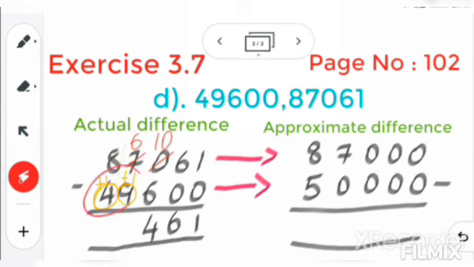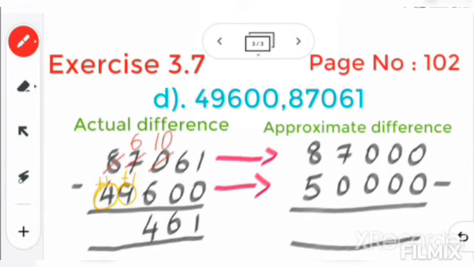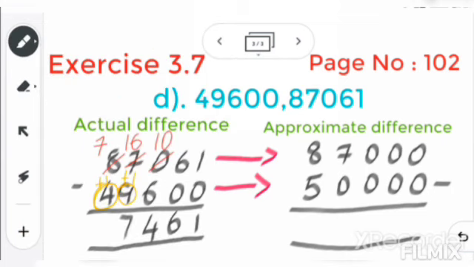Now we have 6 and here 1. Okay, that yellow color I showed only for your understanding, so just see the numbers in black color. 6 and here 9 we have. So 6 is small, 9 is big, so you cannot minus. So you will borrow from the 10,000s place. From 8, if you borrow 1, here it will be 7. And that 1, if it comes here, it will be now 16. So we have 16 here and 9 here. 16 minus 9, it will be 7. Now we have 7 and 4. 7 minus 4, it is 3.